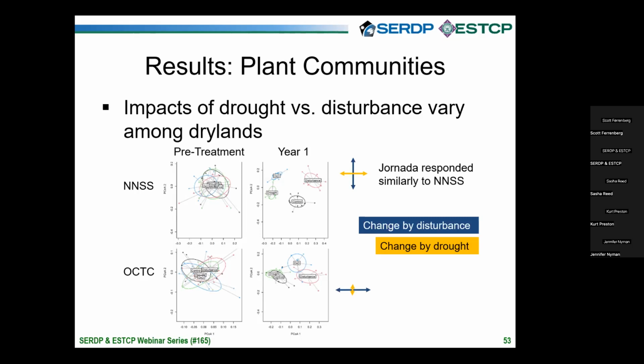Each symbol on one of these panels represents a sample. And a sample in this experiment is a set of information collected along transects in each plot that tells us the variety of plants, so the species and their frequencies. So you have a matrix of information that turns into a single symbol marker on this figure.